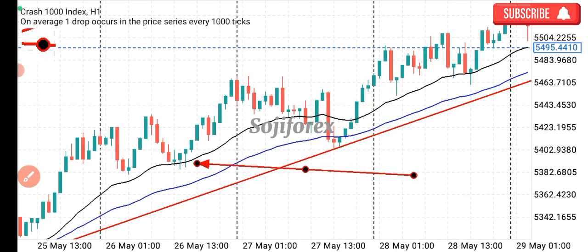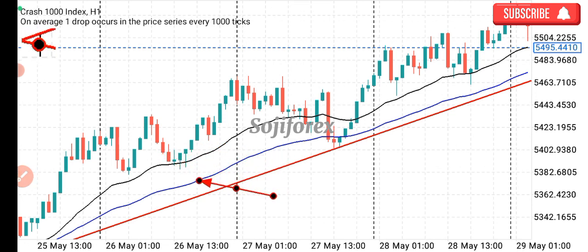Price can either pull back to the 20 or to the 50 EMA. In this case, price pulled back to the 25 EMA, gave us a candlestick pattern, and price pulling back, that is our